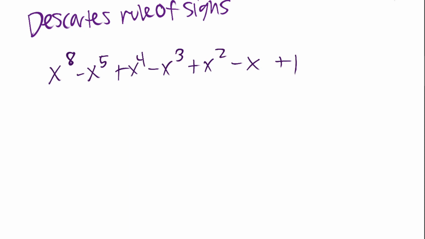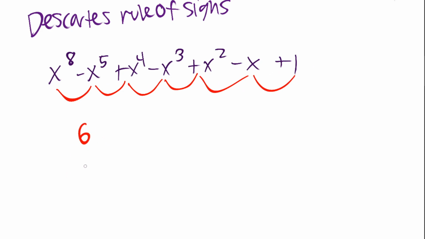And what he figured out is, look at how many sign changes you have. We have a positive to a negative, to a positive, positive to a negative, negative to a positive, positive to a negative, negative to a positive. We have 1, 2, 3, 4, 5, 6